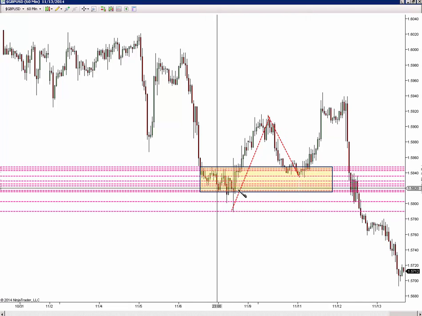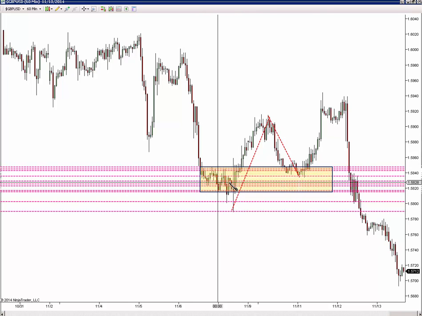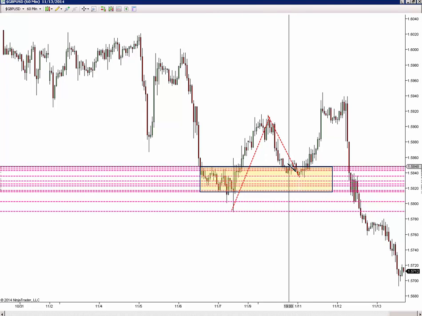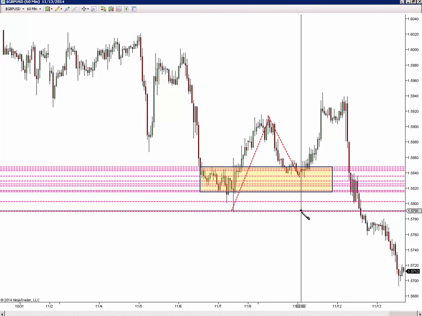looking back to the left, is structure for the market, overlapping price bars, swing highs, swing lows. We were looking at buying this whole move down and putting our stop down here. All right, we had our stop